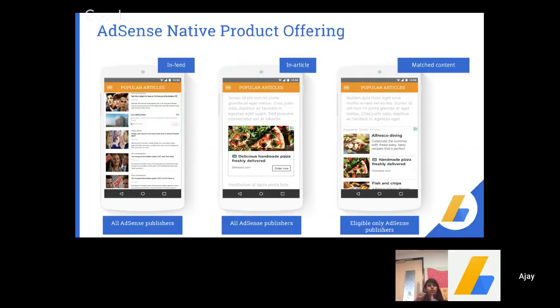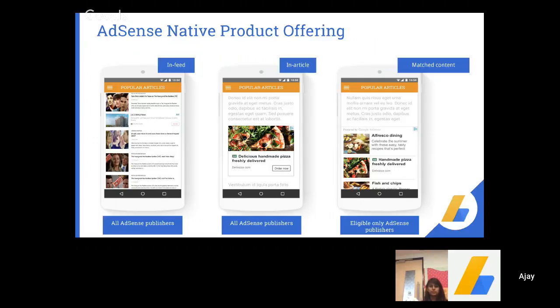So in-feed native is an additional option that you can have to monetize your feed, and I know that the feed is very customized and it changes from publisher to publisher. So make sure that you optimize your in-feed flow, and you can use this in-feed ad option in your feed. The next is the in-article option, which is basically you can have it in the article space, and it comes with a great call to action. And as you can see from this example, it is not at all intrusive,